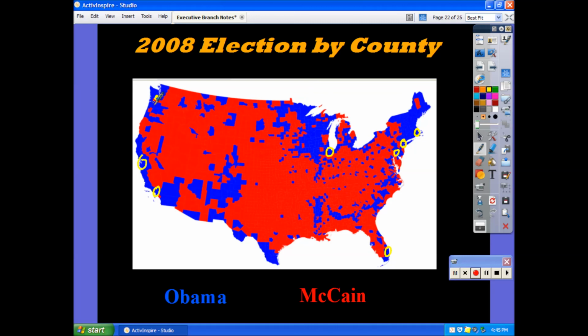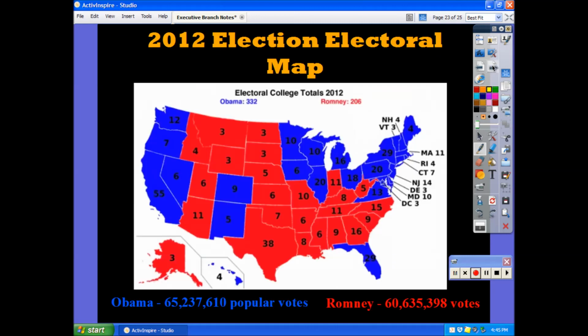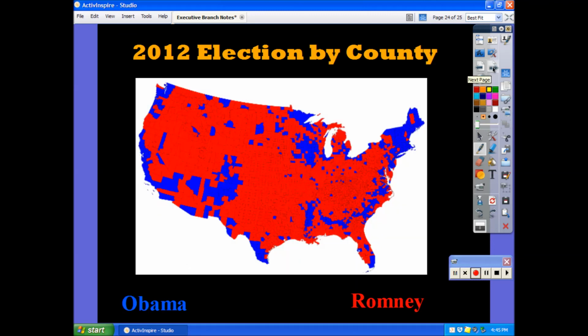This is an important idea, so keep your mind on this for a moment here. This is what the 2012 election map looks like, and you'll notice here that, again, it looks very, very close. Barack Obama wins rather handily, 332 electoral votes to 206. The popular vote was closer here. It's about 5 million votes. But when you turn this into a county map, what you notice is overwhelmingly, it looks here like Mitt Romney may have won the election. But again, why did it go towards Obama? Because of those heavily populated areas.